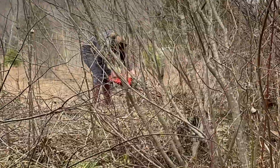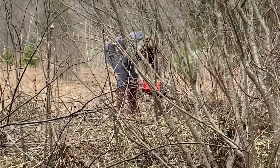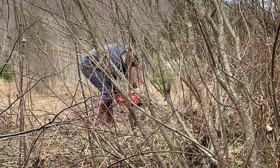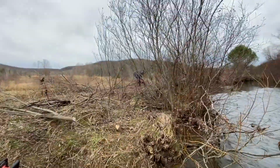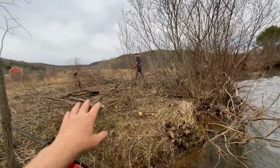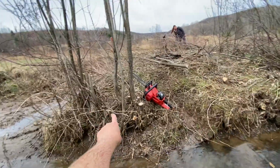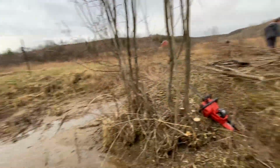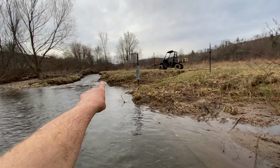Got some reinforcements out here. She's got the hedge trimmer cutting all the little stuff. It's mostly sticker bushes. You can't pull out the big trees because it's surrounded with little sticker bushes. So I'm down here in the water cutting all the big stuff and just throwing it up on the bank, and she's taking it,